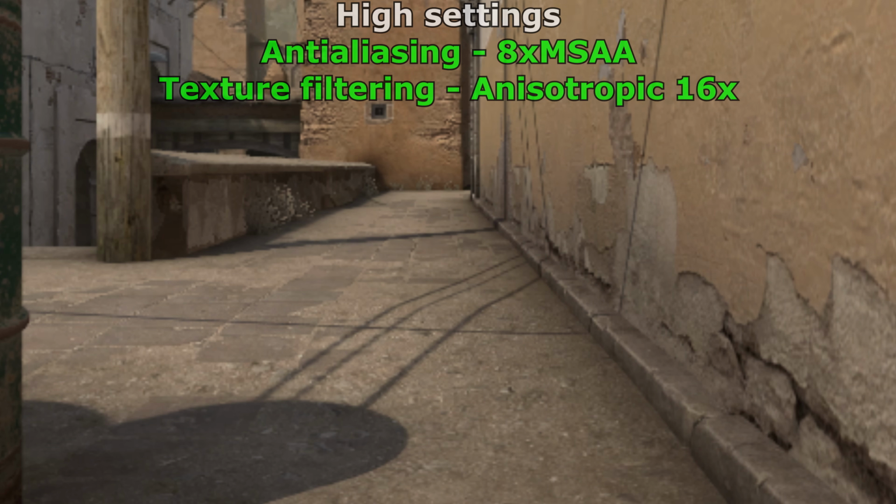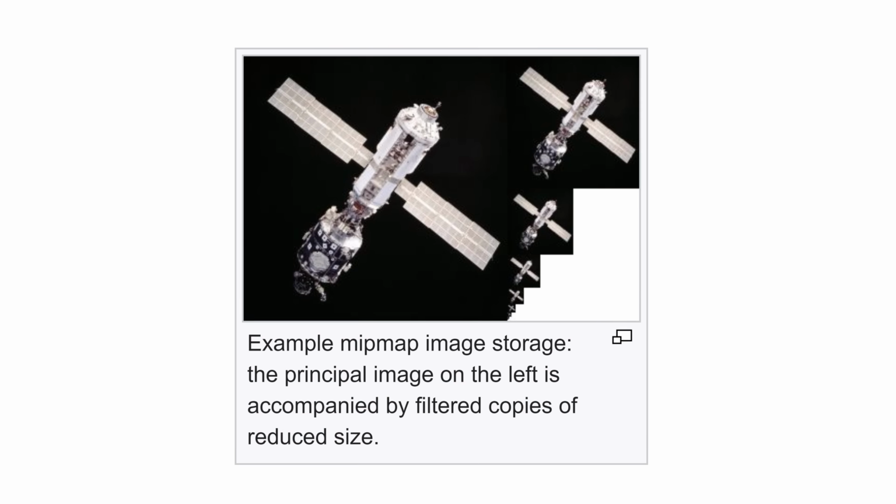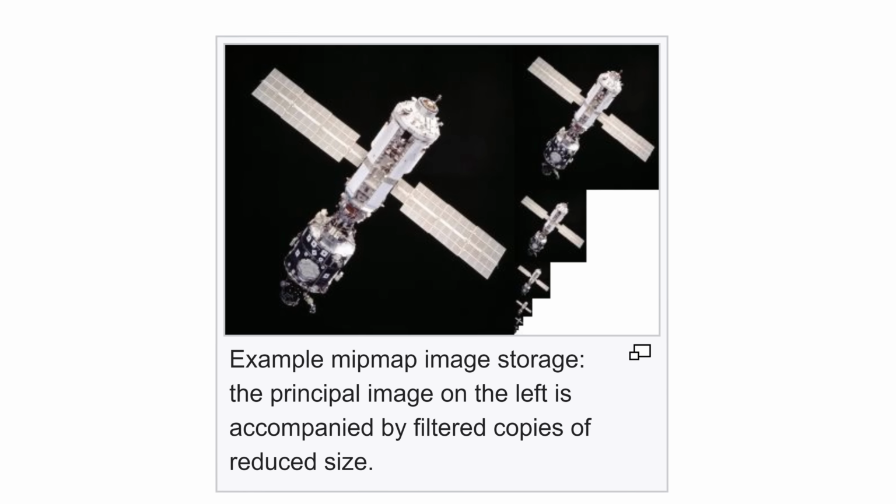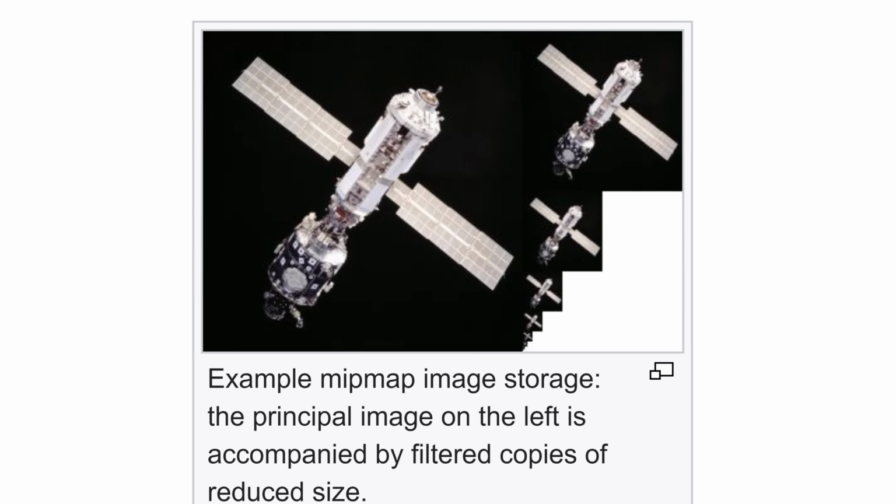So what is it? Look at this lovely texture. So it needs to be drawn in high quality like this when it's viewed close up. But what if it's a long way away like this? Now it doesn't need to be drawn at such a high quality. This is where MIP mapping comes in. MIP mapping creates lower resolution versions of a texture, which it can use in distant places, which will speed your computer up.